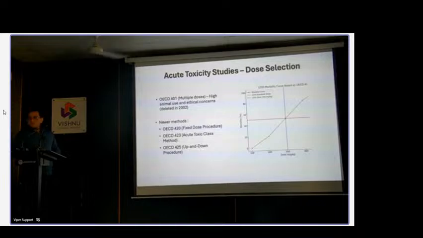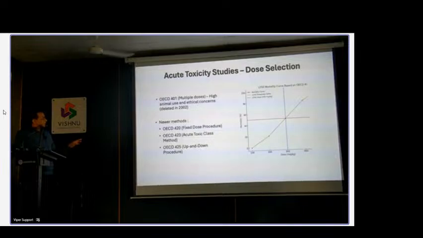Probably at the same time they do all the dose levels and wait for the animal to suffer and die. And then 50% of the animals, whichever dose they get. But this is not a humanized way of doing a study. So that's where we are evolving, we are learning, and we are also generating a lot of data. So based on that, the new guidelines came. They have a different purpose actually.